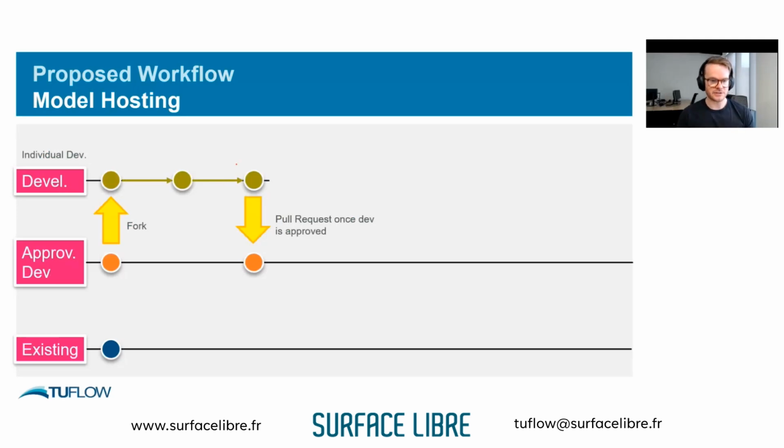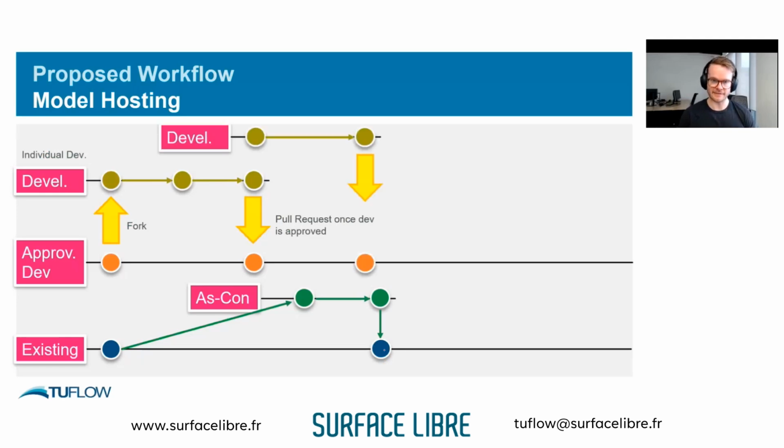Eventually, say it's a bridge, it would get built. You'd have to then do some as-constructed modeling, because obviously design and construction sometimes differ from actual construction. So again, you'd pull from the existing, do your modeling based on as-constructed drawings or design, and you'd then push your changes into the existing branch. So then you'd be updating the existing branch. And these can happen simultaneously. Another developer might come along and want to build a house somewhere, and so on and so forth. So these branches would be kept up to date as these approvals and developments came along.